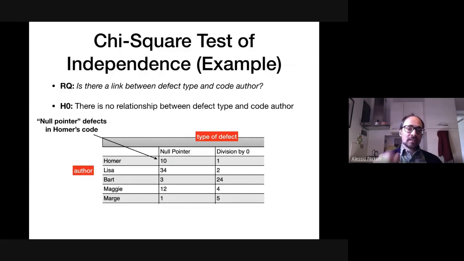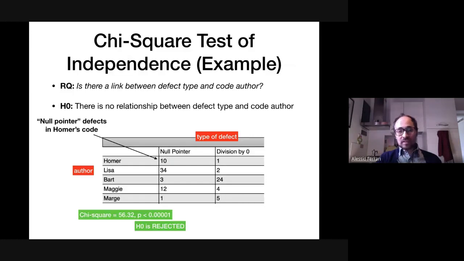So I have here a list of code authors, the Simpsons, and a list of defect types. Here just 2 defect types, null pointer and division by 0. And I have the number of null pointer defects made by Homer. Okay, in the cell, the number 10 is the number of null pointer defects made by Homer. The 34 is the same number made by Liz, etc. Okay, quite clear. I put it as input to my test statistic, chi-square test statistic, and I have a number